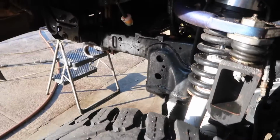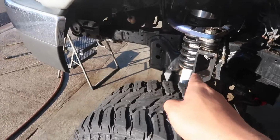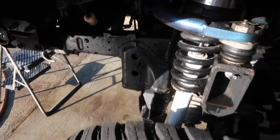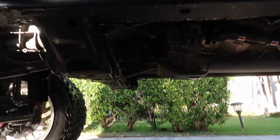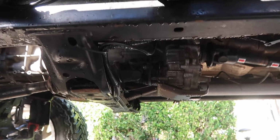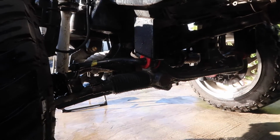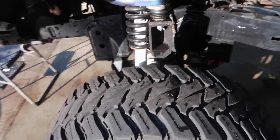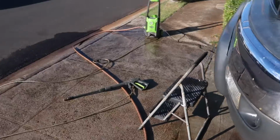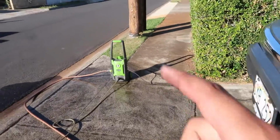Anyways, so yeah, that's some quick tips of how to do that breather extension mod. Stay tuned if you guys want to see the output flange seal replacement for a transfer case, and maybe extended axles, extended CV axles. And yeah, I'm gonna go ahead and clean everything, water the grass,